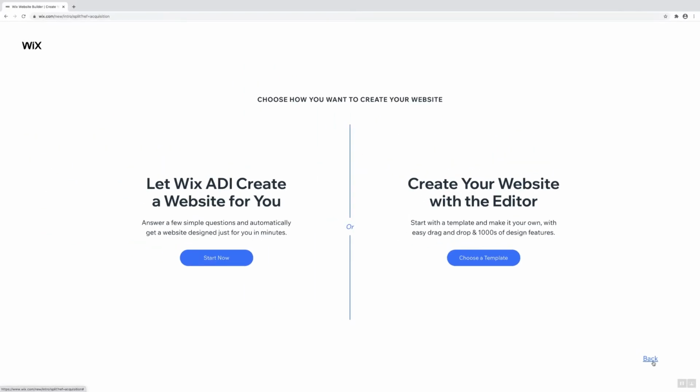When you first sign up, Wix will ask you 3 questions in order to customize your experience with them. I advise you to skip this. It will save you time and it will make no difference if you're going to use the Wix editor, which we are. You now have a choice on how to build your website.